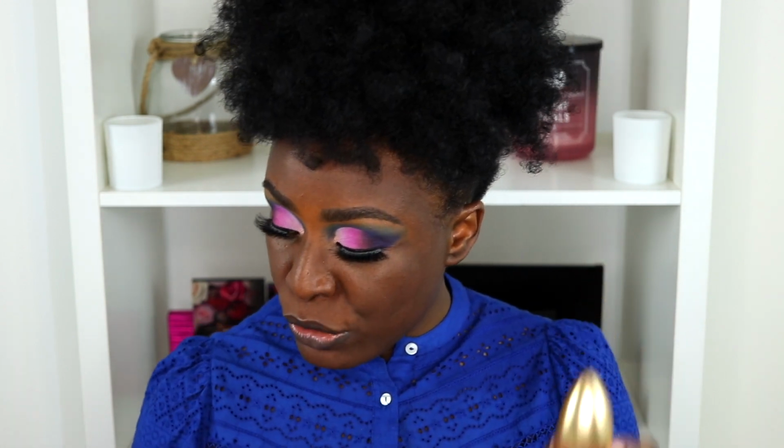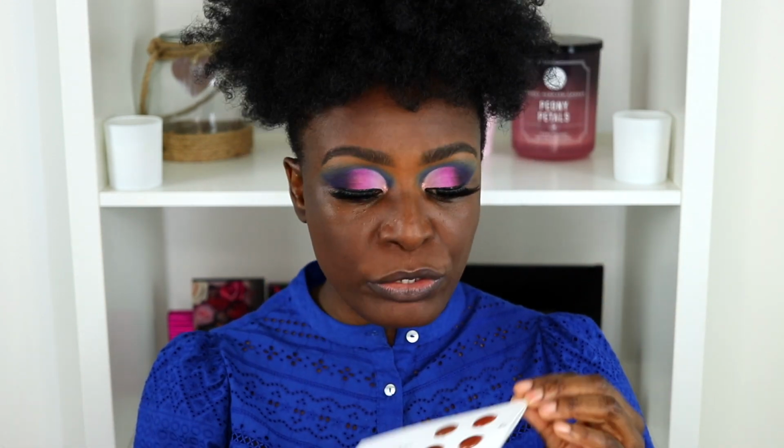And also I wanted to show you, you can get these foundation cards, which I think are pretty awesome. So if you're not sure of your shade, you can buy these for £2. Then it lets you test it out at home before you go on to the website to order, which I think that's fantastic, and more brands should be thinking about doing it. And yeah, if I didn't mention it before, it does come in 40 shades in a variety of undertones, which is pretty cool. So let's get stuck into the application,